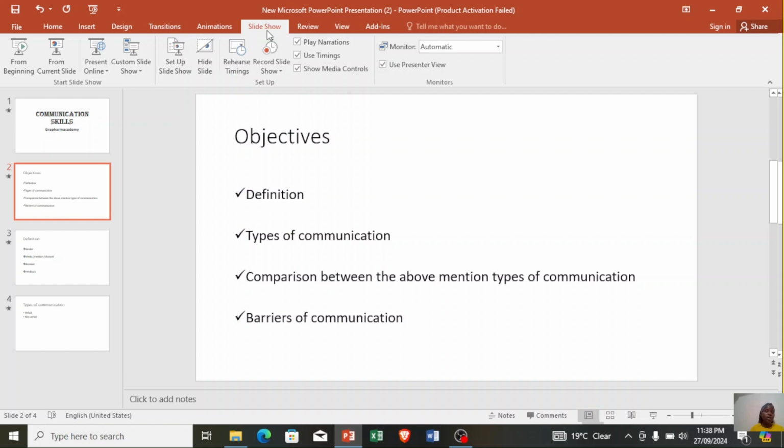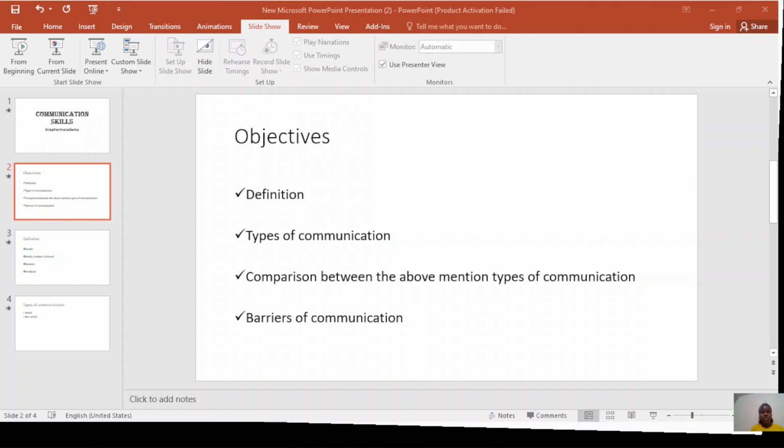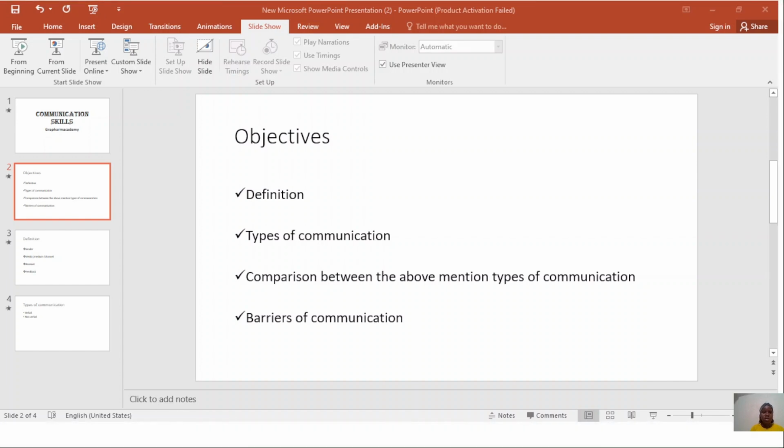And then we also have slideshow. You can do the slideshow from the beginning, and then review, views and the rest. So we can save this work like that, and then let us check out our slideshow. So this is our slideshow on this specific presentation. We go to the second slide. That's what the second slide has, so you can appreciate the